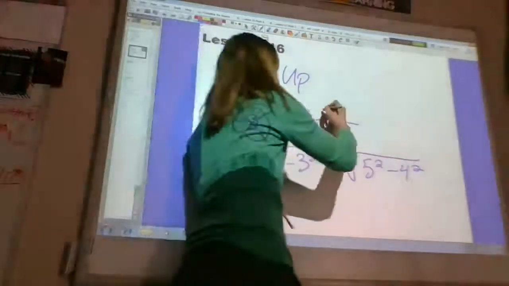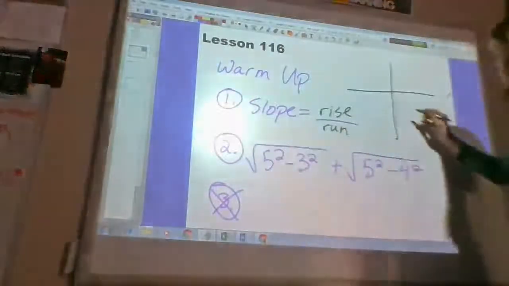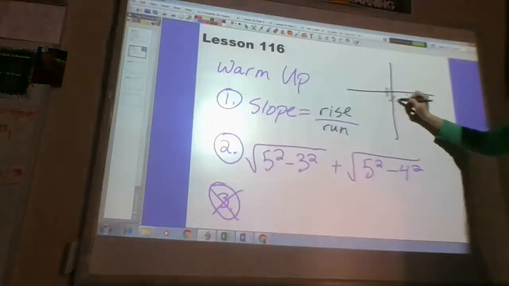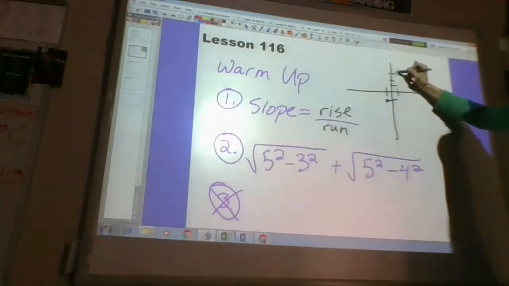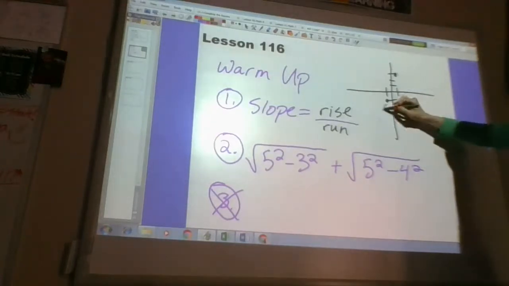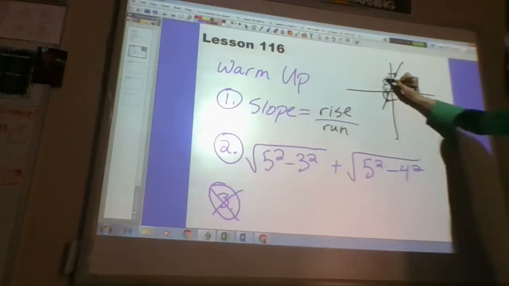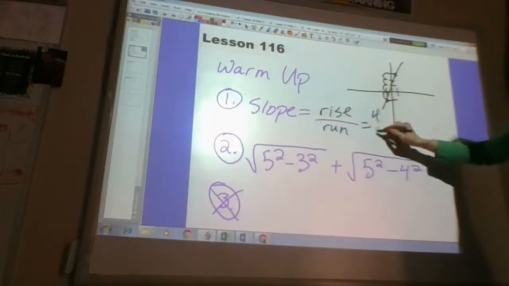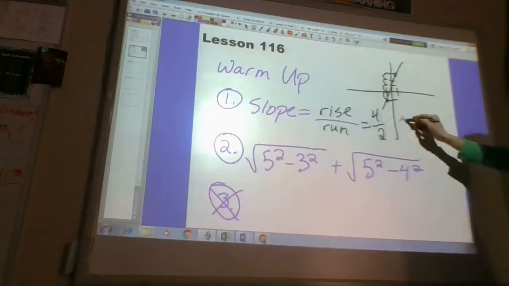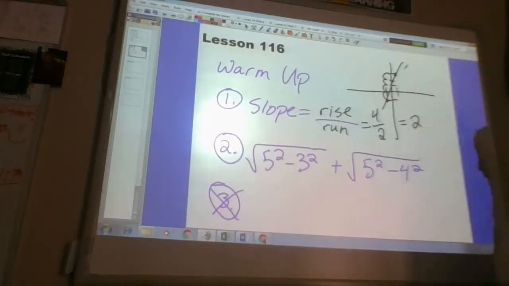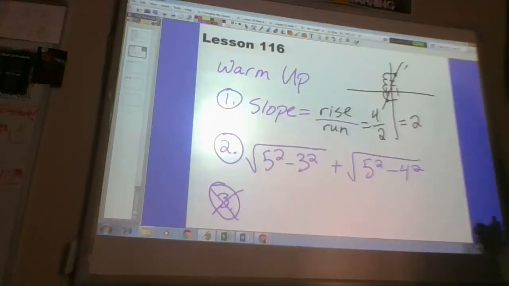So the first one, I hope you guys know that slope is rise over run. And once again, that's from the line. So say you have a point down here, like -1, -1, and it goes up to this point. We would say then it has a rise of 1, 2, 3, 4. So that would have 4. And you went over 2, 1, 2, and 4 over 2. This line would have a slope of 2. And we're going to be dealing with this today, so you might want to check out that slope lesson